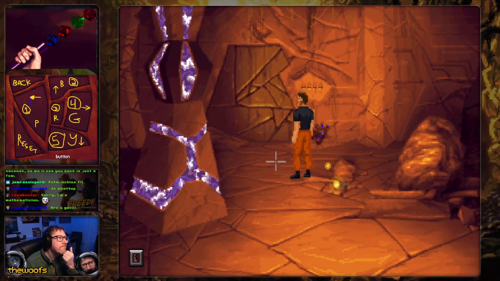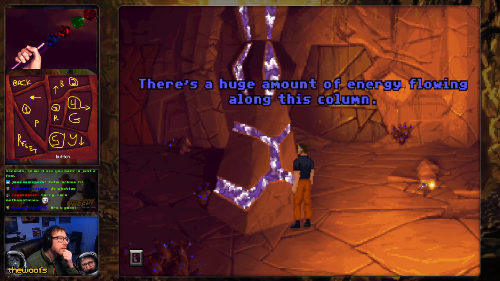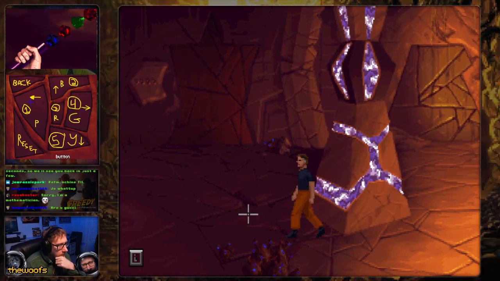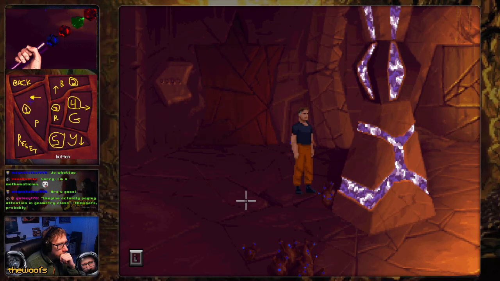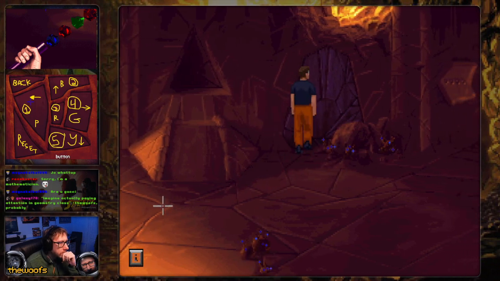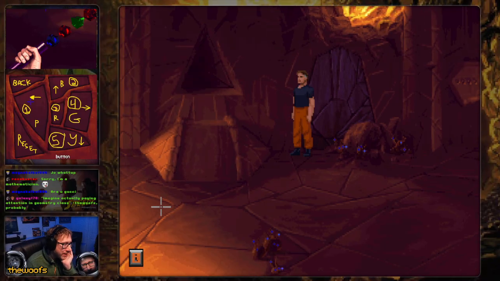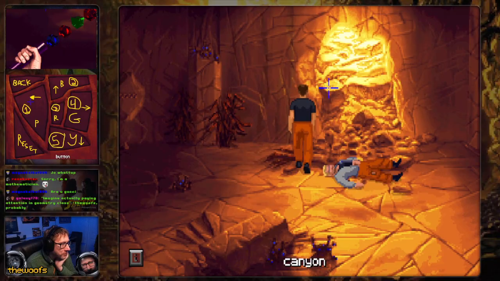Okay. There's a huge amount of energy flowing along this column. I should probably check the ground level as well, I guess. Okay, nothing different with the plants. They're just being cool still. Doors everywhere. I wonder which one is the pay door. The wolves probably. I mean, it's been a long time. I know basic shapes, like I can tell you squares from circles and stuff, but